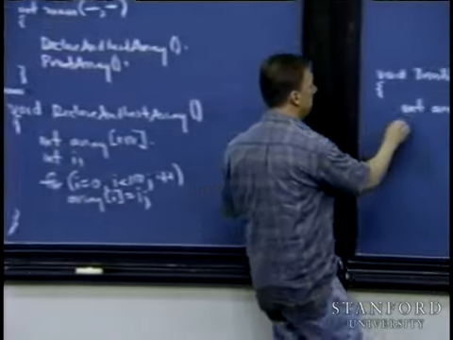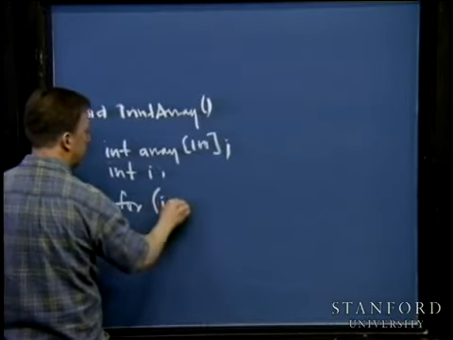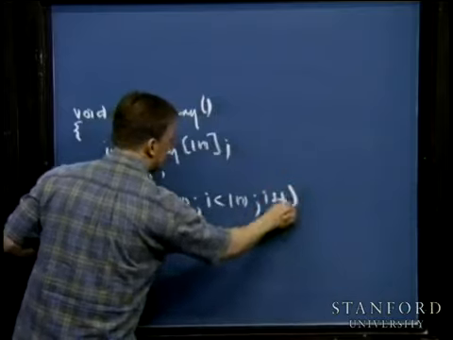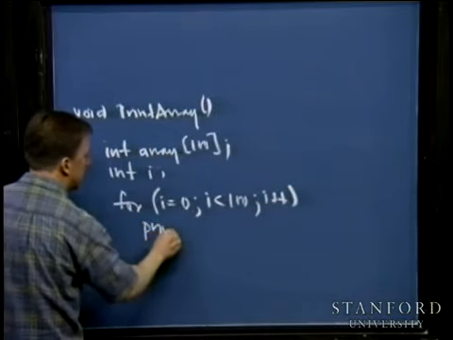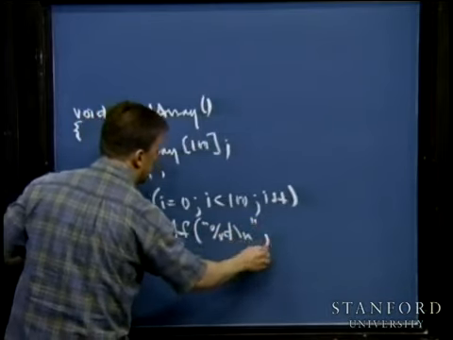And they do this, and then they do this for I is equal to 0. They get the for loop bounds right again. That's not the issue. printf %d \n array